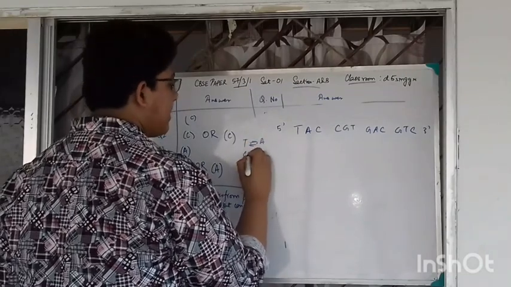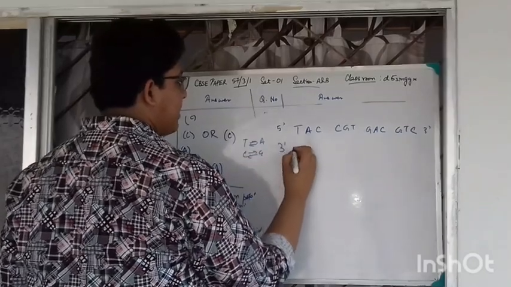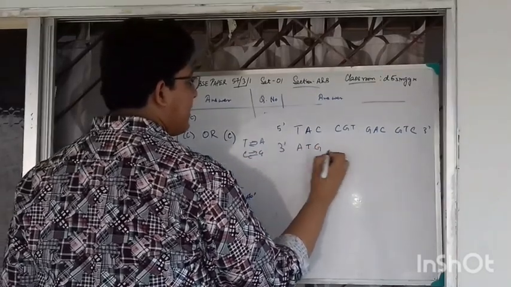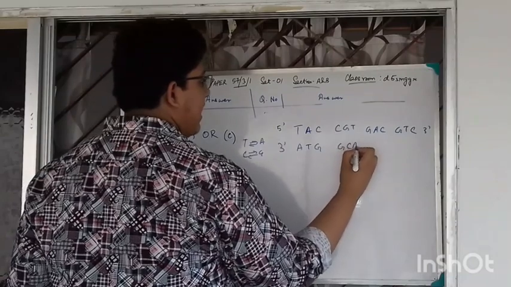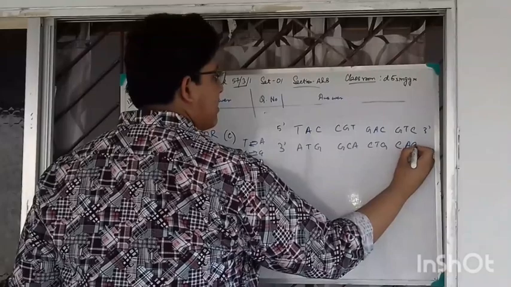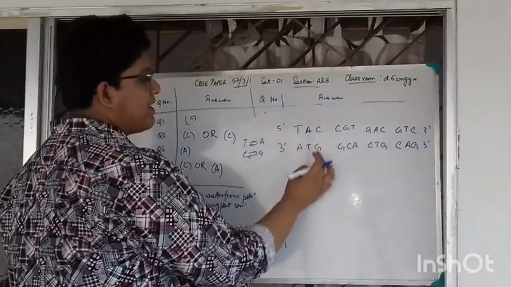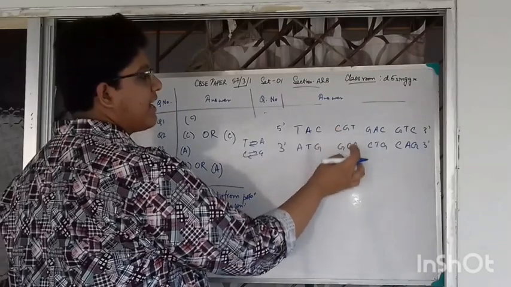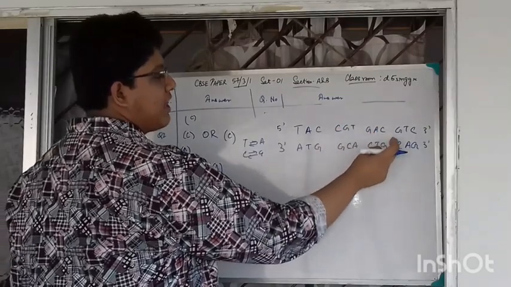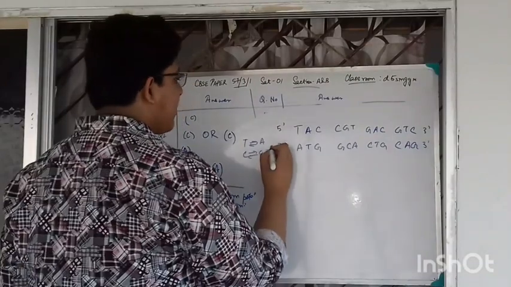A, T forms A, C forms G, while G forms C. So it will be 3 prime ATG GCA CTG CAG 5 prime. Okay. This is the complementary strand,